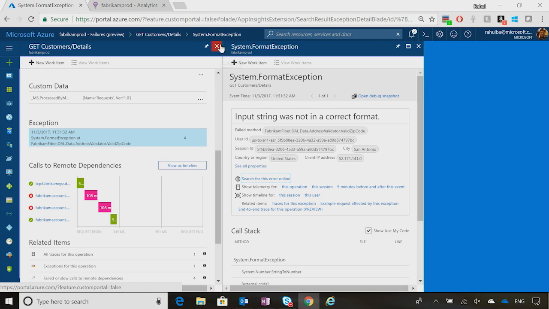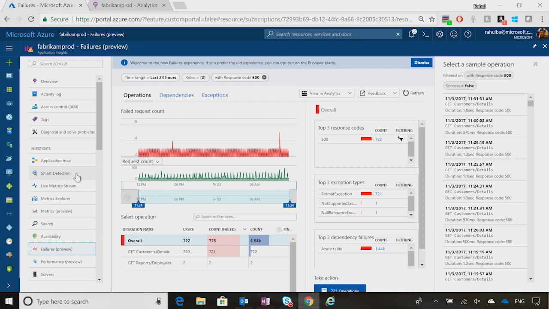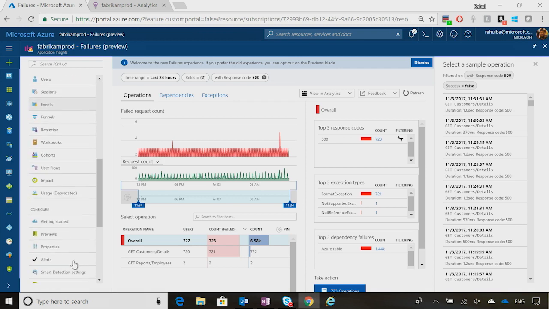There might be cases where you would want to operationalize such a diagnostic scenario, so you can create your own custom alerts and connect them to webhooks. Let's see an example here. Coming to alerts,